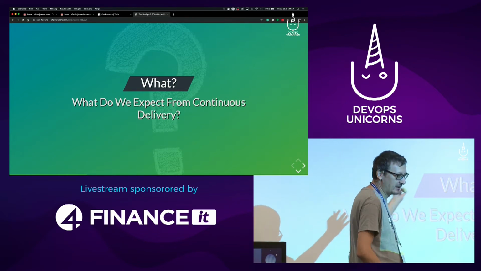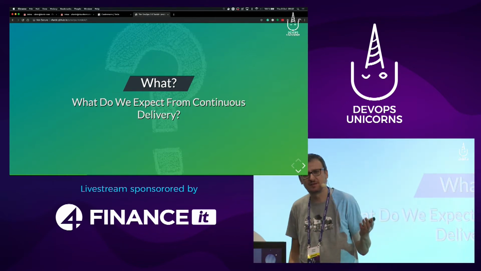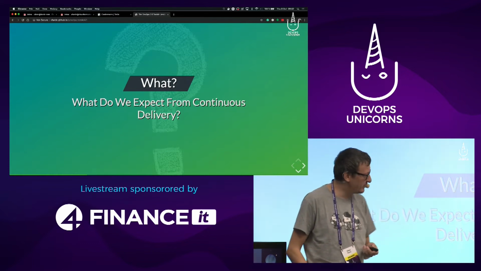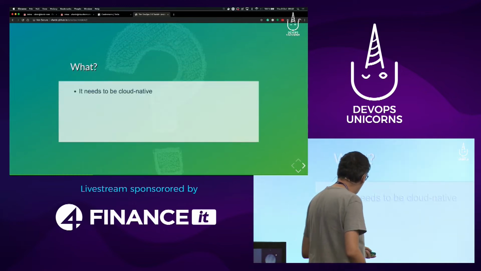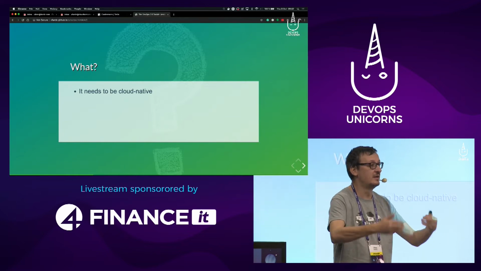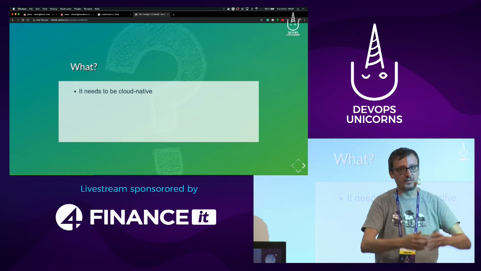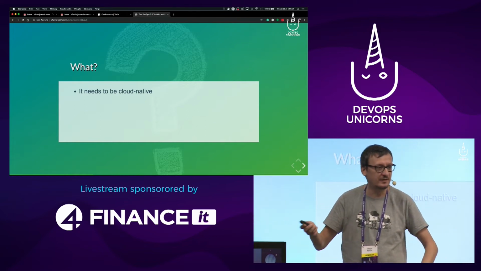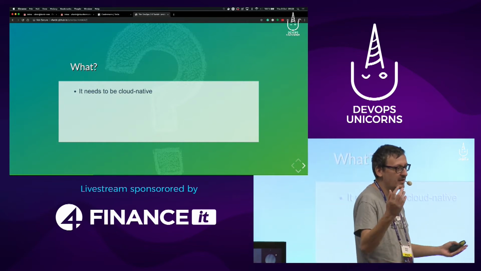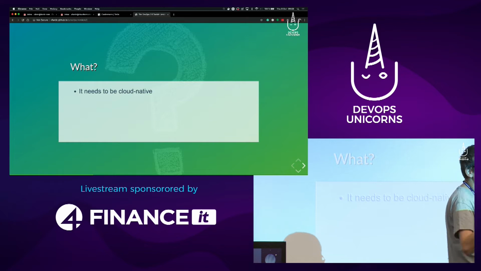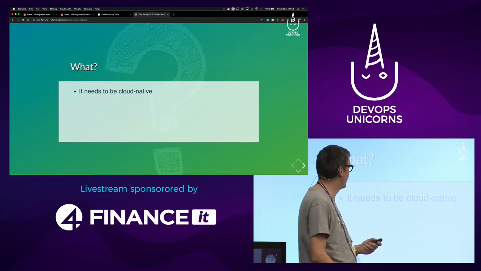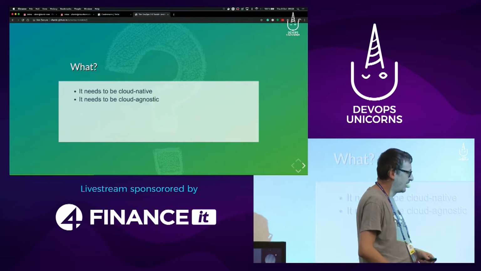Those things changed drastically since, I think that we started speaking about CI maybe like 20 years ago or something like that. And they changed a lot since then. And today we have certain expectations, certain things that we are expecting from our applications and the system that is handling those applications. One of those is to be cloud native. Cloud native, I don't mean runs in Amazon. What I really mean by cloud native is it is elastic, fault tolerant, scalable, and all those things that you're already doing, probably, right? Unless you're working in a bank and then you have a mainframe and all the bets are off. It needs to be cloud agnostic.